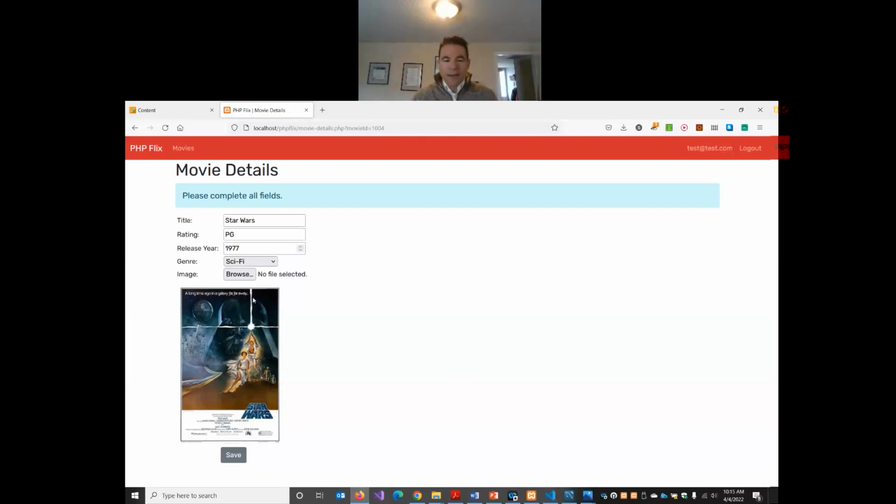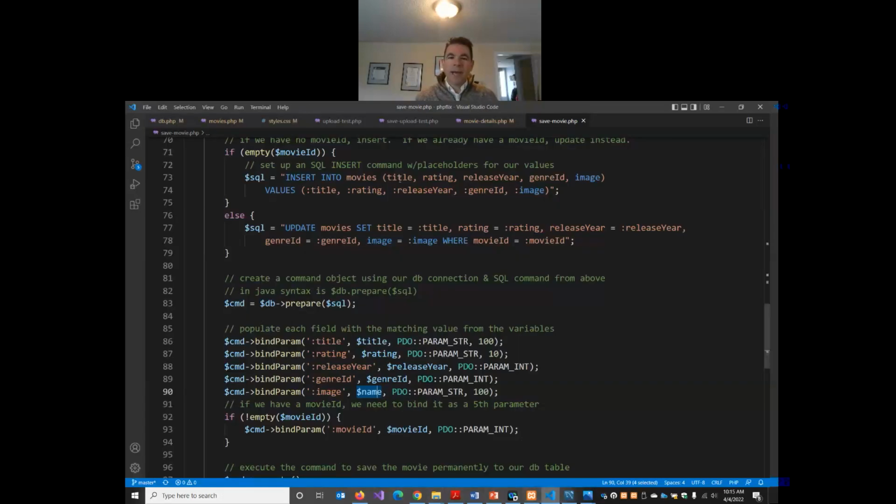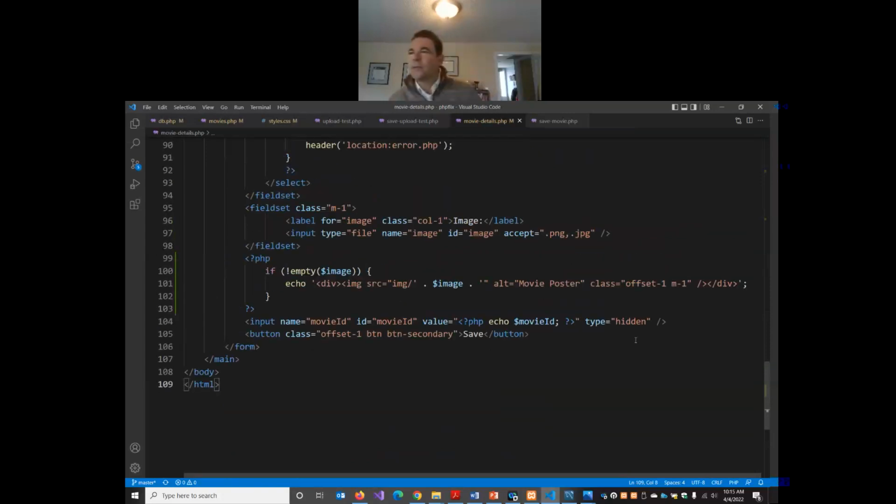We need to say, if we've already got an image and no file is uploaded, the image isn't being changed, we want to keep the existing image name when we update our database. Otherwise, if I save this change without uploading a new file, I'm removing the images, which isn't good. So here's how we're going to do that. And I think this will be the last thing we need to do. In our movie details,